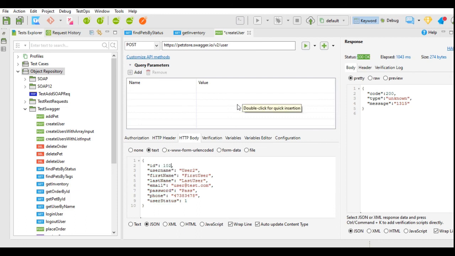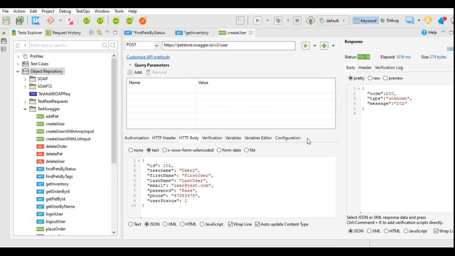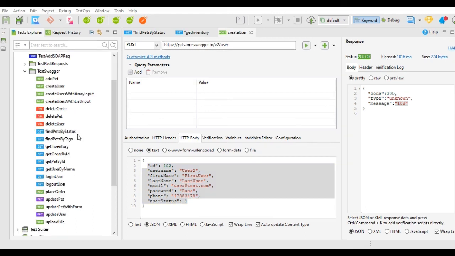ID 102. And if I execute this now, save and execute, let's see what happens. It has created one user with the 102 ID. But since this is a dummy request and response, this will not actually be saved in the application. But if you execute this kind of code in real-time projects, it will add these details to your database.